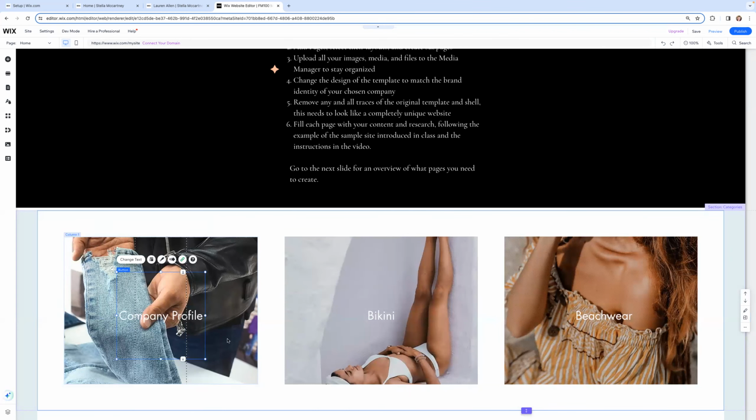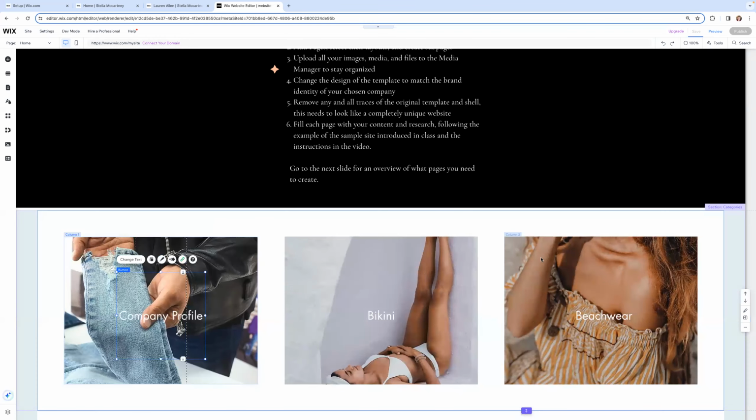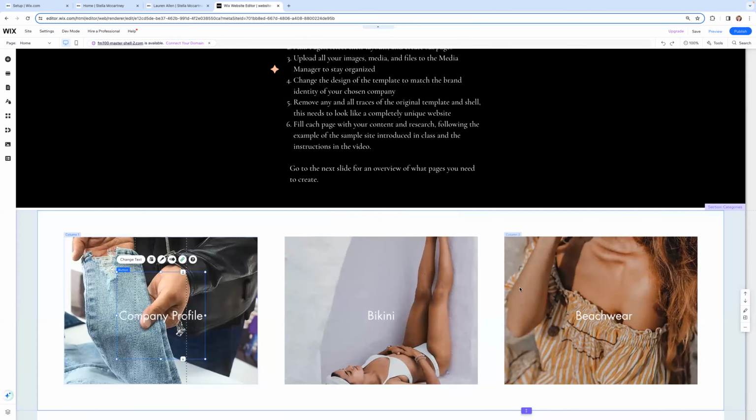But how do we know that it worked? Let's go up. First, we're going to make sure that we save. Wix is always saving your site. It auto-saves, but it never hurts to occasionally do this just to ensure that your work does not get lost. Cool. So we're all saved here. Done. And now if I click preview,